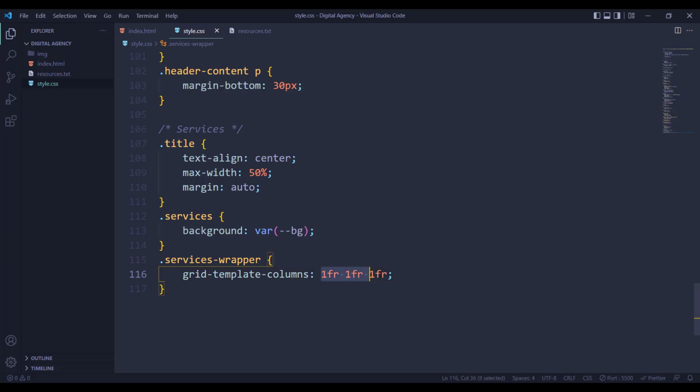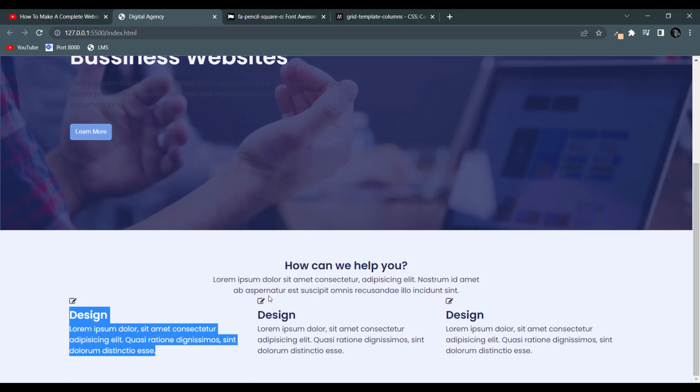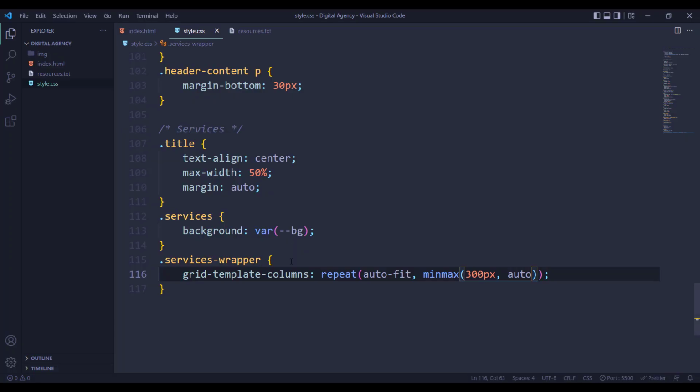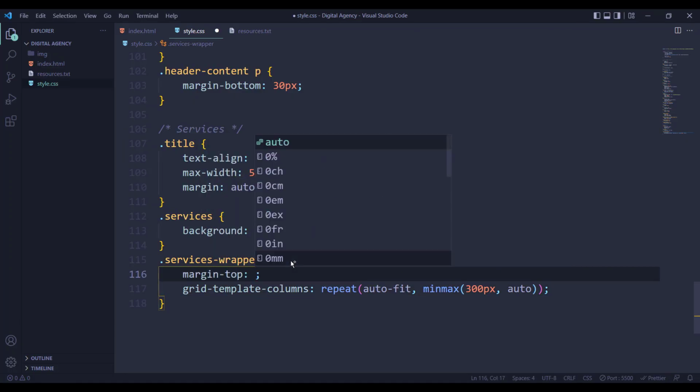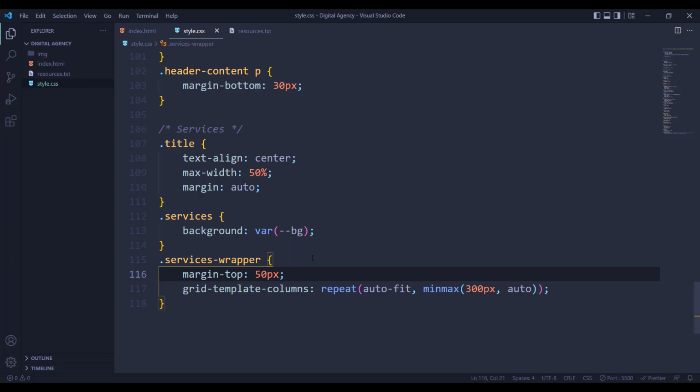I will use a property called repeat, auto-fit and minmax of minimum width of 300 pixel and maximum width of auto. Now you can see this will take 300 pixel of width. If there is no space of 300 pixel, it will get down. Now you can see no minimum width of 300 pixel for this, it will appear down. Now for this services wrapper, I will add margin top 50 pixel. Let me add this to 60 pixel,